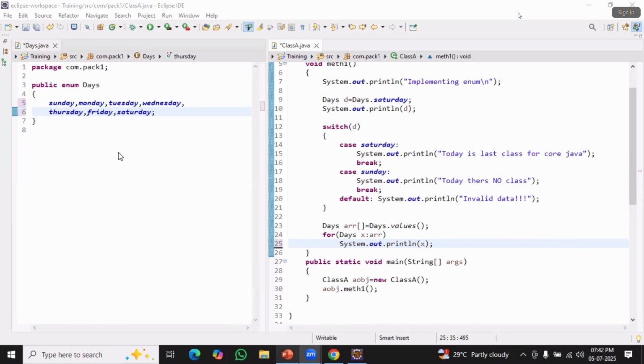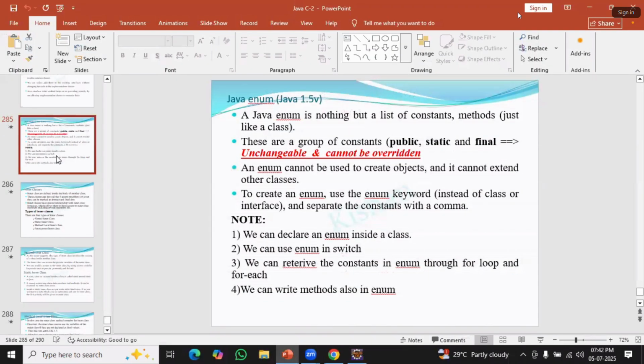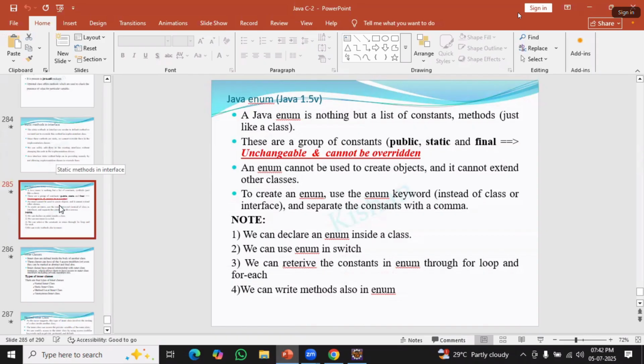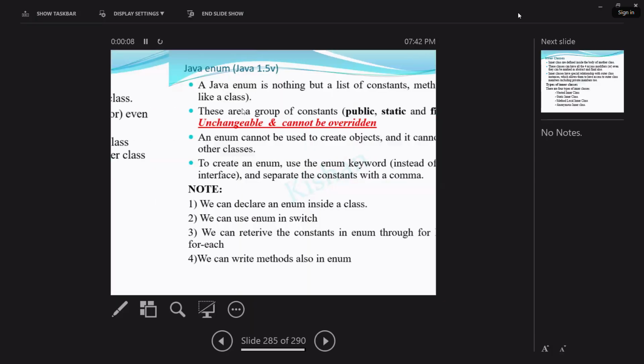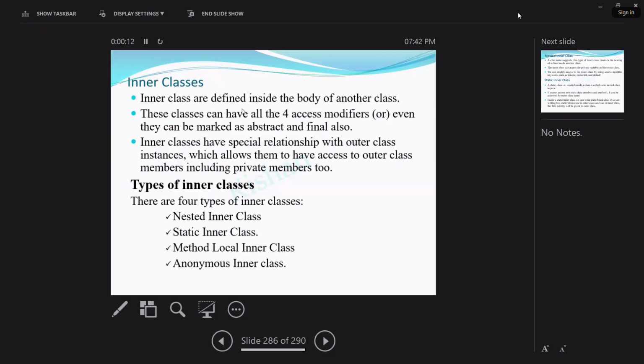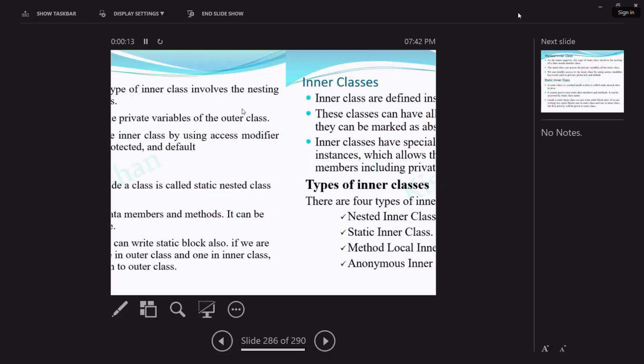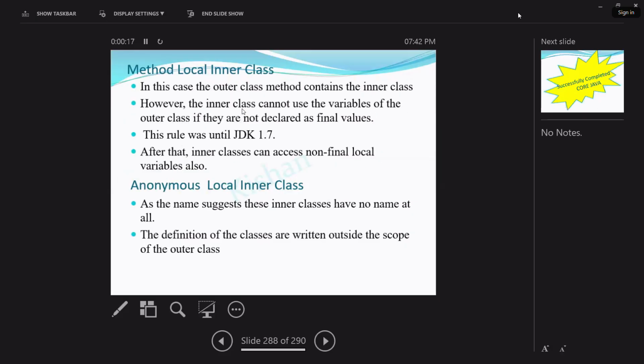Right? Okay. Regarding these notes, I already uploaded them in the Google Classroom. No need to worry, just now I uploaded. Regarding enum, and regarding inner classes, also the types of inner classes, four types: nested, static, method local, and anonymous inner class. Everything I already uploaded in the Google Classroom. Kindly please try to check with that. And yeah, finally, our next topic is,